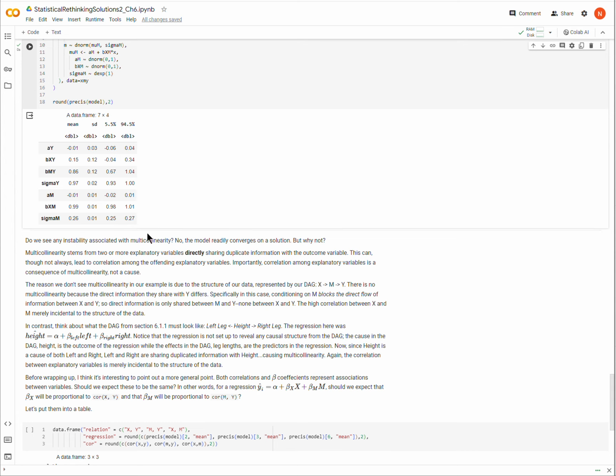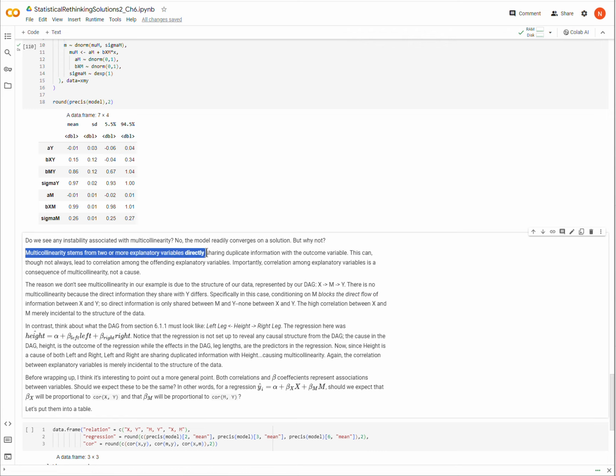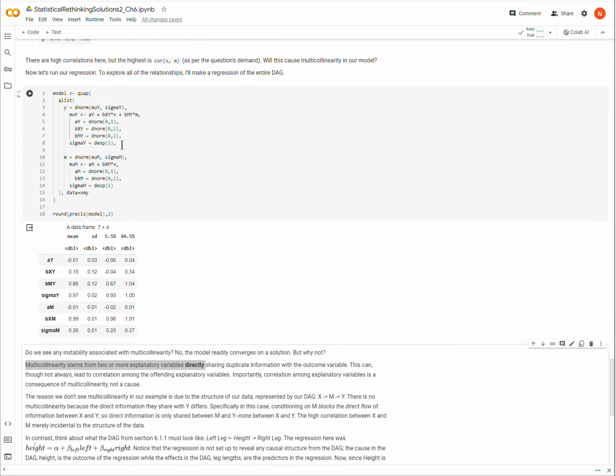So now the question is, do we see any multicollinearity? And I'm arguing no, but why? The reason why took me a while to formulate, but what it comes down to is this. In order for multicollinearity to take place, the explanatory variables, in this case x and m, need to